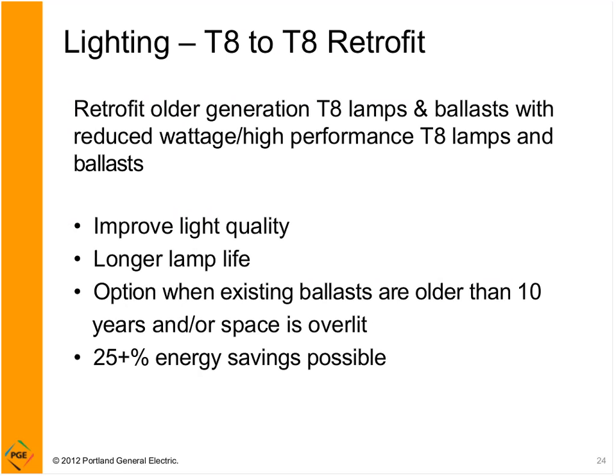Typical T8s are about 20,000 hours, and again, high performance T8s or reduced wattage T8s upwards of 24,000 hours, going up to potentially 50. So it's an option when existing ballasts are older than 10 years or space is overlit. So there's kind of a few options. If you have ballasts that are maybe 10, 15 years old, they're starting to fail, you can spot replace. There aren't going to be incentives to do that kind of upgrade, and it's going to be an ongoing maintenance